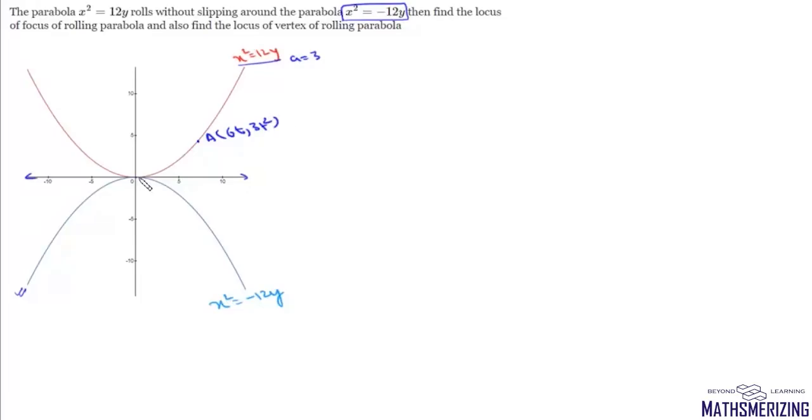If this parabola starts to roll along this fixed parabola, it will cover the same distance because it rolls without slipping. So once this parabola rolls down, this point A will come to this A dash, whose coordinate will be (6t, minus 3t square). So basically now we can draw this parabola